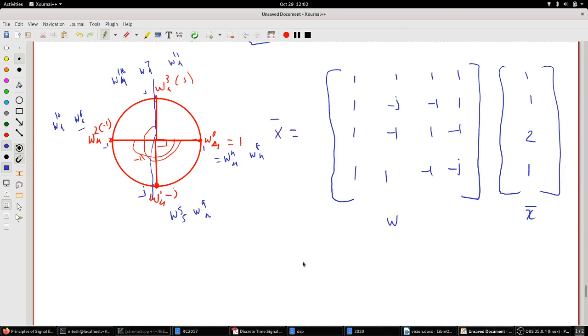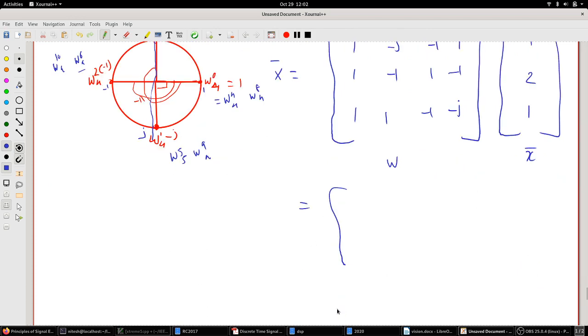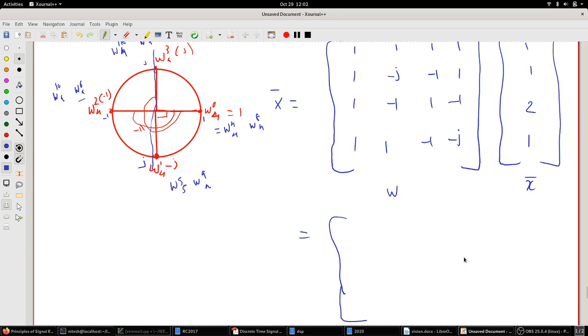Okay, so multiplication of this matrix with this vector will give me my x bar vector. So this will be equal to 1 plus 1 plus 2 plus 1. So this will be 5. This will be 1 minus j minus 2 plus 1. So this will be 1 minus 2 plus 1, minus j, right? Yes or no? 1 minus 2 plus 1. Yes. So this will be 1 minus 1 0, 2 minus 1 will be 1. Okay, 1 plus 1 2,